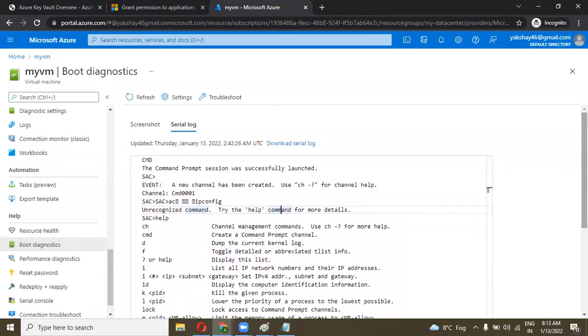So boot diagnostic is used for troubleshooting purposes. If you want to see your boot logs, what process is running between when my machine is stopped and when it starts, what is the process and what is the event running behind the machine, you can see the logs here.